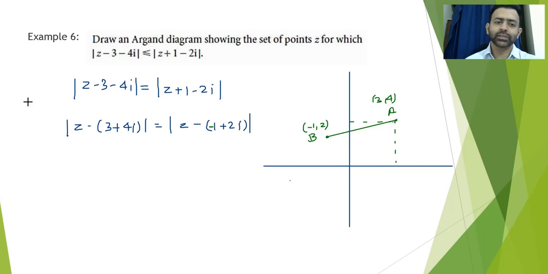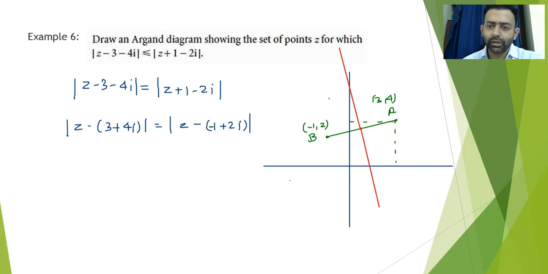Right? So now this z is moving in such a way that its distance from two fixed points is equal. If I move like this, suppose there is a point which is lying here, its distance from this B is less than the distance from this A. If I move in such a way that its distance from point B and from point A are equal, this basically represents a perpendicular bisector, right? So if I draw a perpendicular bisector like this,